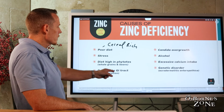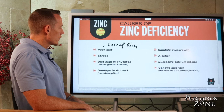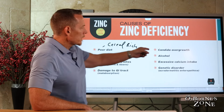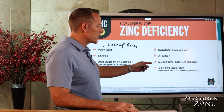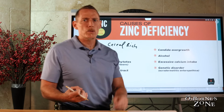Damage to the GI tract. So this could be celiac disease, Crohn's, ulcerative colitis. This could be gastritis or esophagitis, any itis of the gut that would affect the absorption. We've got candida overgrowth, can cause zinc deficiency. Alcohol, excessive calcium intake. One of the top recommendations, one of the only nutritional recommendations that we see coming from